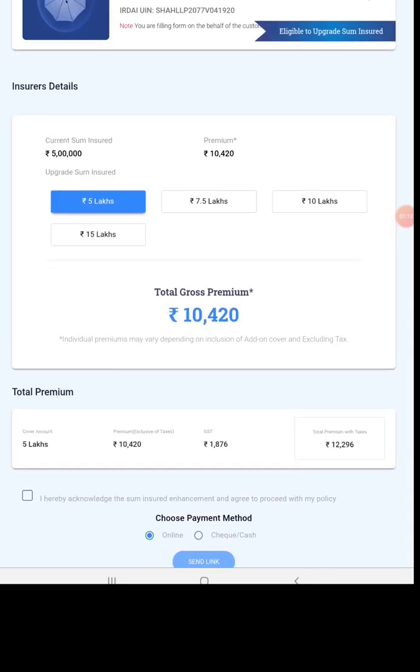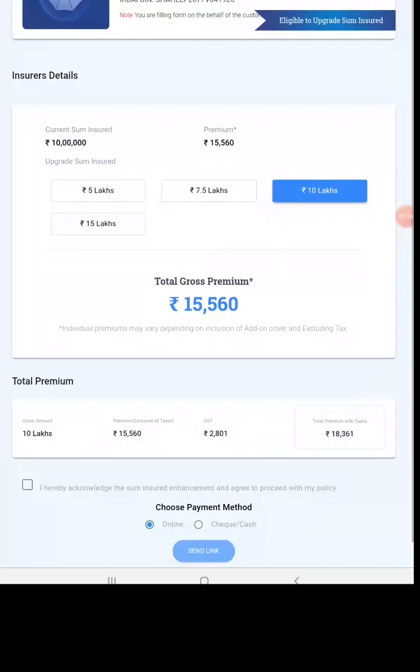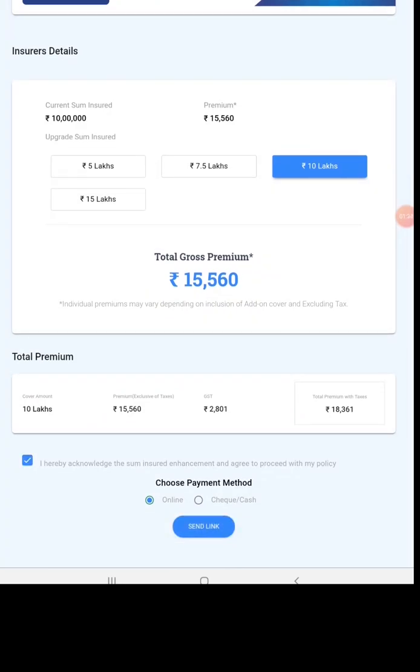The first page contains all the basic details, and the second page consists of the insured details and sum insured. Currently we cannot see the insured names and who is covered in the policy, but we can see the sum insured, which you can edit. I am changing the sum insured to 10 lakh, the premium is auto populated, and then I am clicking on